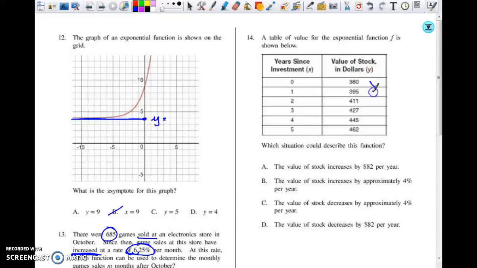From here to here, does it increase by 82? From here to here, does it increase by 82? From here to here, does it increase by 82? No, and not to mention this is